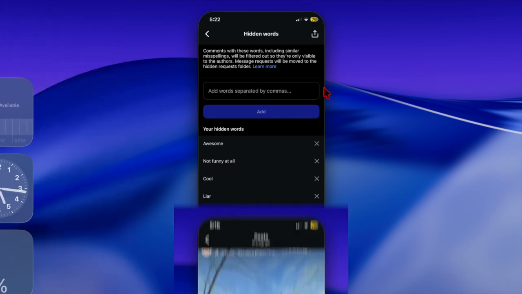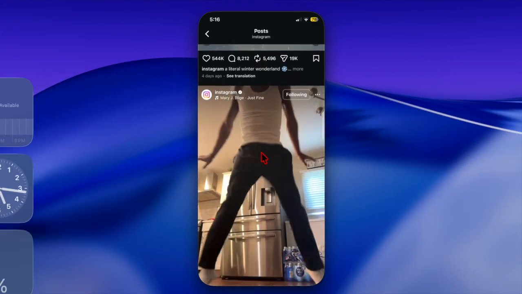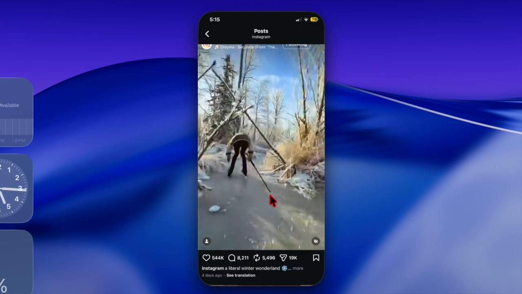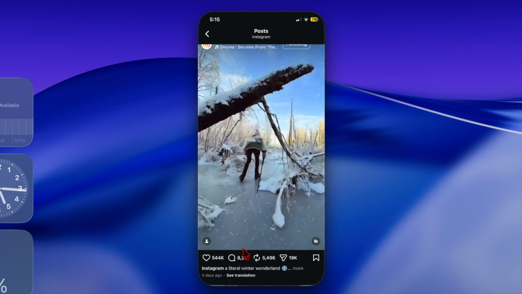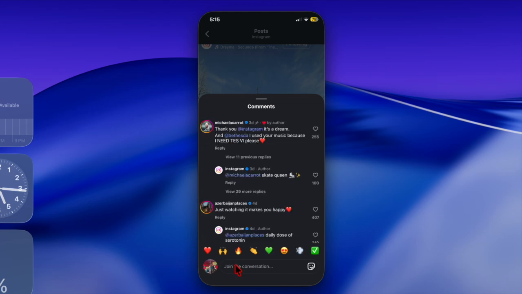Adding hidden words on Instagram gives you full control over your online space. So whether you want to block negativity or avoid spam, this tool makes your social experience safer and more enjoyable. Now that you have unlocked this pretty handy feature, make the most of it as and when the need arrives,